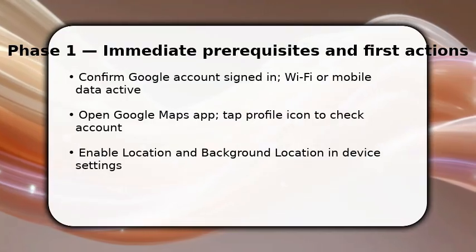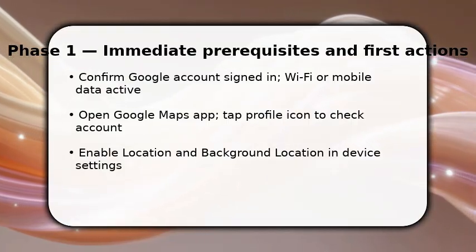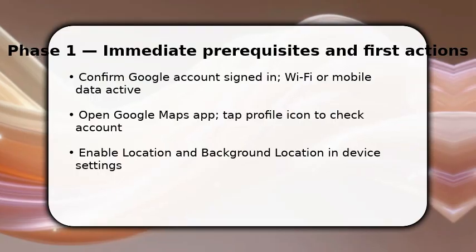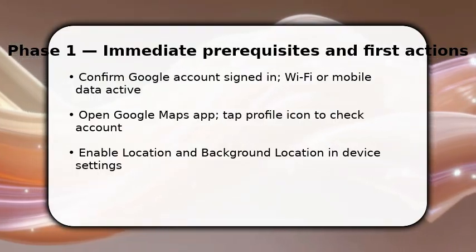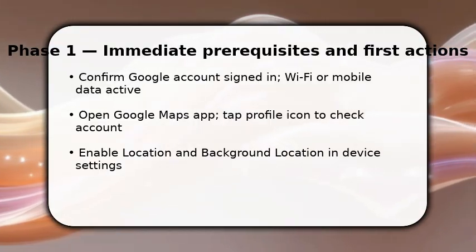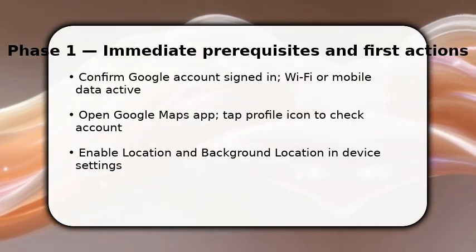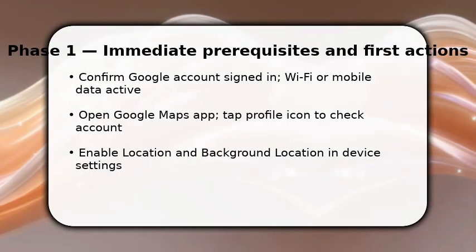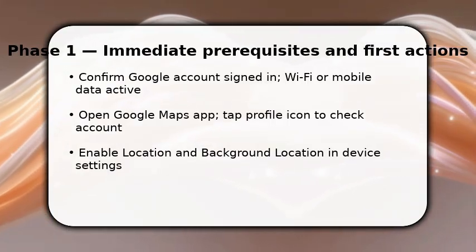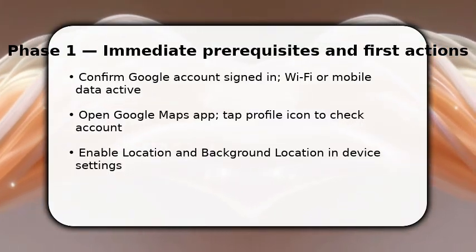You start by ensuring your Google account is signed in and location services are on. This lets Maps access your position in real time. Once done, open Google Maps and tap your profile icon to confirm the correct account. Make sure background location permission is granted so sharing continues when the app is not active. These steps prevent interruptions. They also ensure your shared location is accurate to within a few meters, which matters for